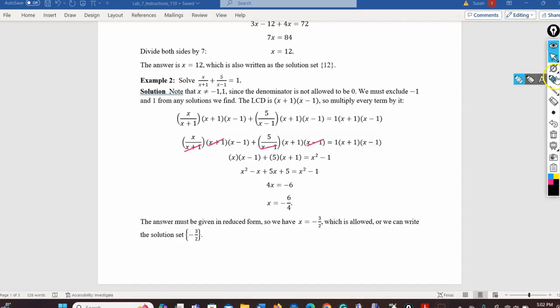All right, so let's look at this second one. Let me write that one out bigger. My kitty cat's come to visit. And is equal to 1. Okay. All right, now I need to get rid of the fraction. So what do I need to multiply everything by in order for the fractions to go away? Well,